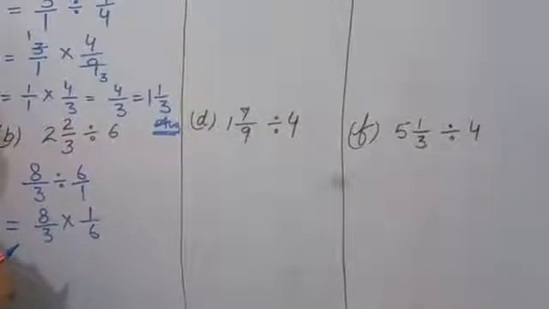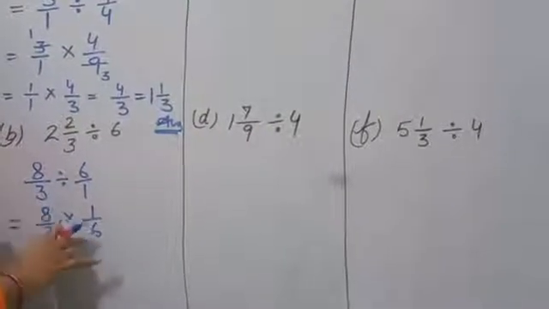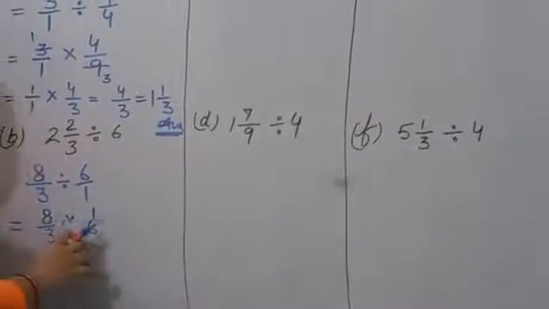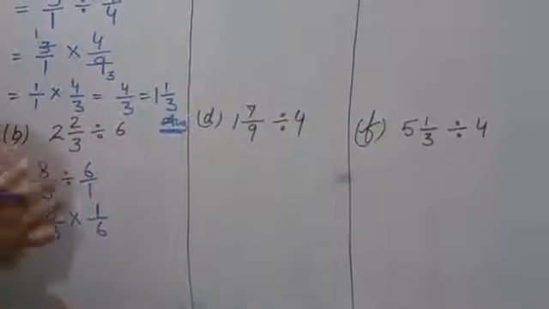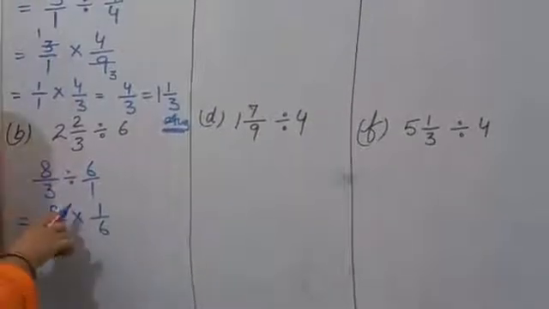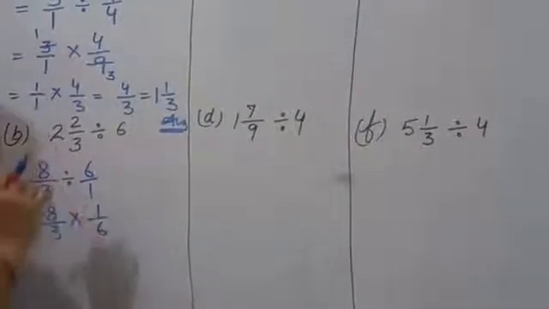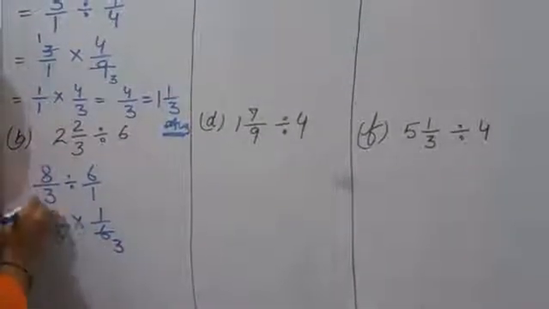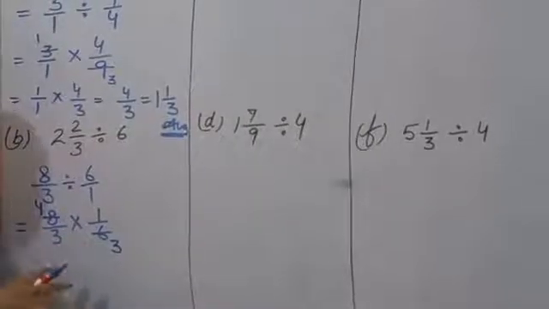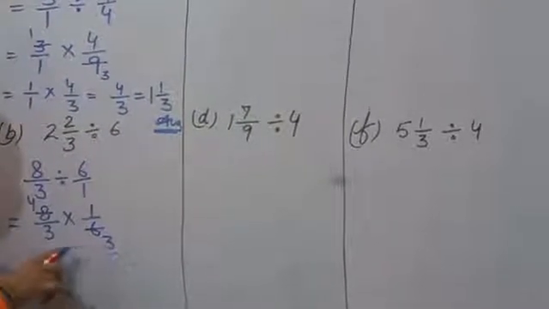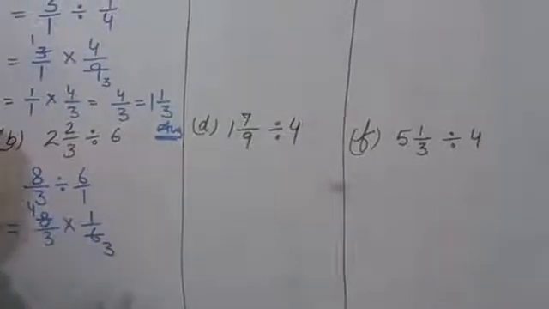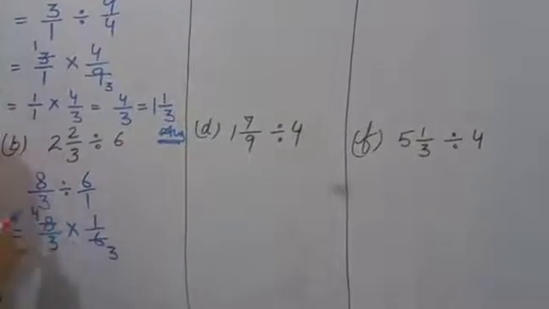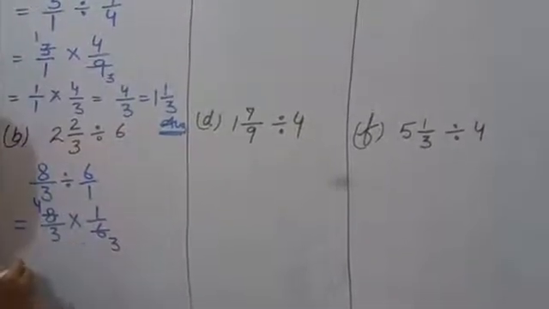Now we will see that 6 and 8 both are coming in the 2 table. तो ये नंबर हमें ऐसे सोचना है कि both जैसे न्यूमरेटर और डिनोमिनेटर किसकी टेबल में आ रहे हैं, ऐसा नंबर हमने सेलेक्ट करना है. So we can see that 8 and 6 both are coming in the 2 table. So we can cancel by 2. 2 3s are 6 and 2 4s are 8. Now they are not coming in the same table. अब आपको लग रहा है कि 3 और 3 यहाँ पे हैं, but denominator by denominator never cancel. Numerator by numerator also never cancel. So now in the 4 table we don't have 3, so that is cancel finish.